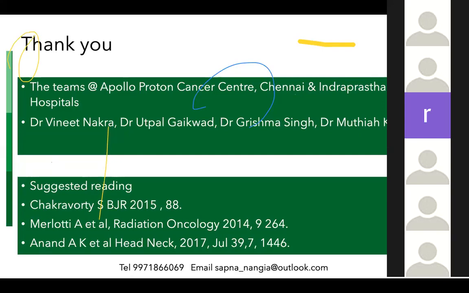But for everyone else, whatever the indication of radiation, proton therapy gives a better dose distribution in terms of sparing the normal structures, whether it is tonsil, whether it is base tongue, whether it is nasopharynx, even oral tongue, as long as you're making sure that your cheek mucosa is separated nicely and the hard palate is away, the reactions are very much better.